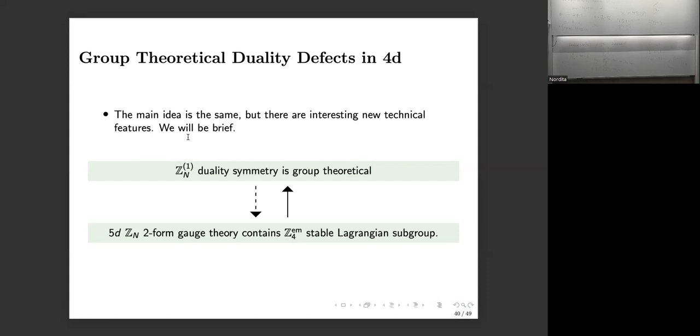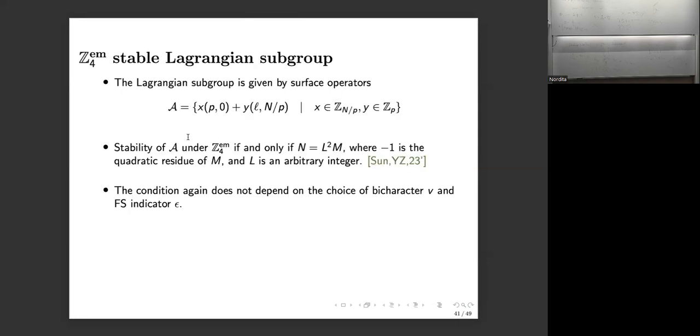If you first classify all the Lagrangian subgroups, which are generated by these two generators, and you work out the stability condition, then